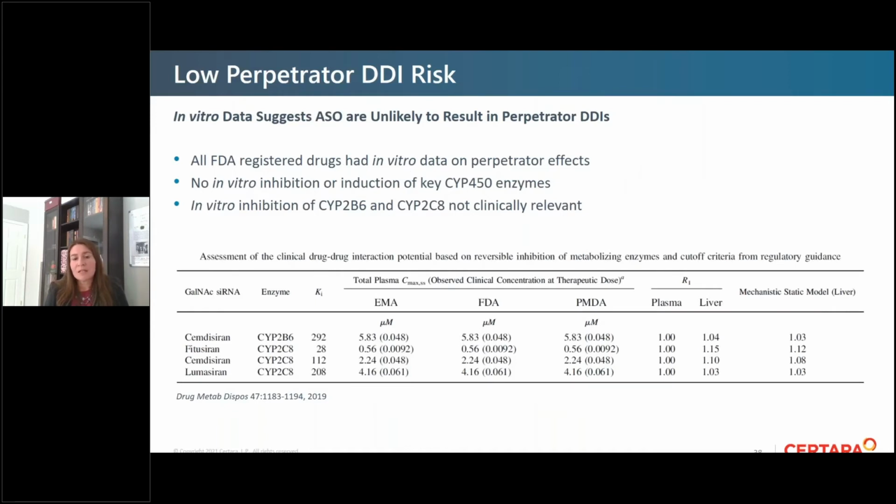From a perpetrator DDI risk, there's also data suggesting that oligonucleotides are unlikely to have any perpetrator DDI effect. As I mentioned, the past approvals at the FDA of this class of molecules all included some in vitro perpetrator assessments, but there has been no in vitro induction or inhibition of CYP enzymes reported that is of clinical significance. The same publication that investigated the different GalNAc conjugates also looked at substrates, and also looked at